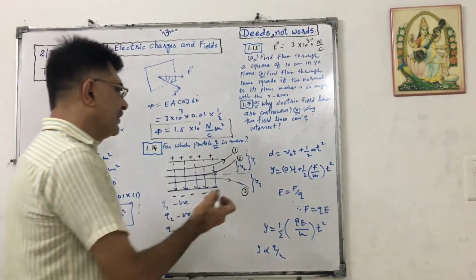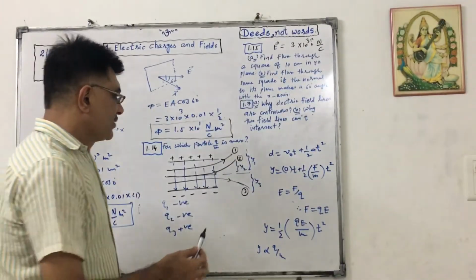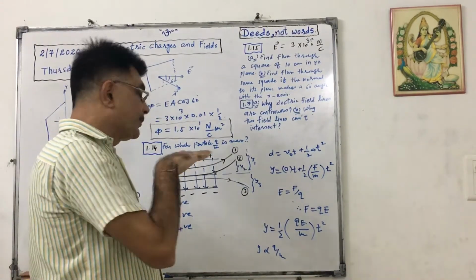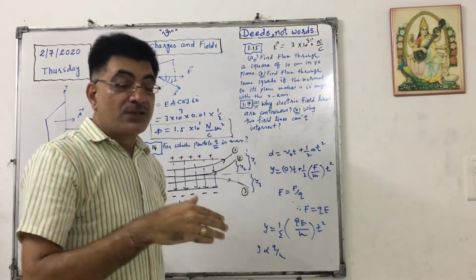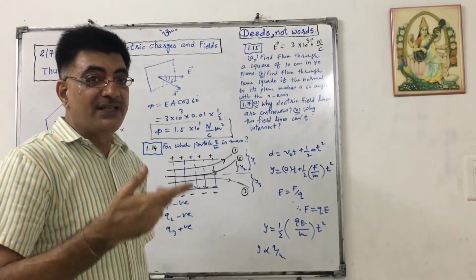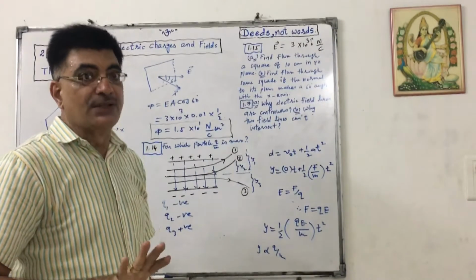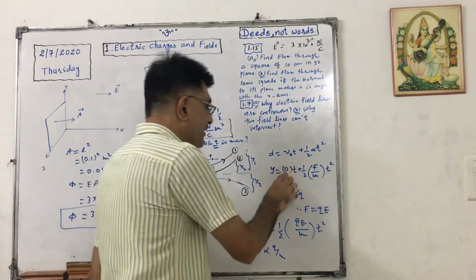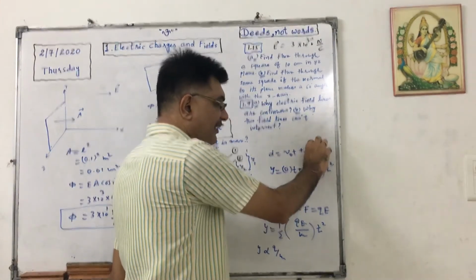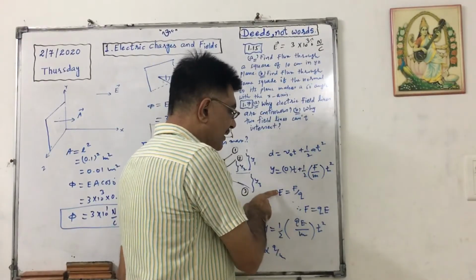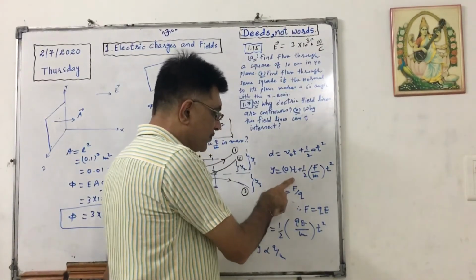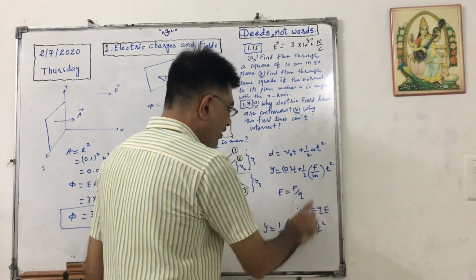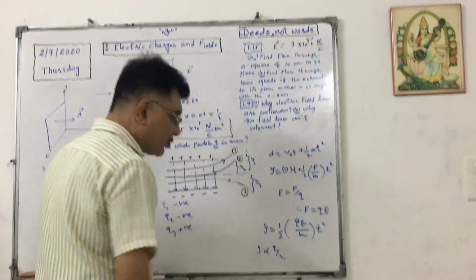We also know that D equals V0 T plus half A T square. So here D is Y. V0 is 0 because each particle was traveling in the X direction, so their displacement in the Y direction initially is 0, and their velocity in this direction initially is 0. After entering the electric field, they move towards the Y direction. So V0 is 0 into T plus half. We know that acceleration equals force upon mass. Now electric field equals force upon charge, so force can be written as Q into E. Replacing here, Y will be equal to half Q E upon M into T square. So Y is proportional to Q by M.